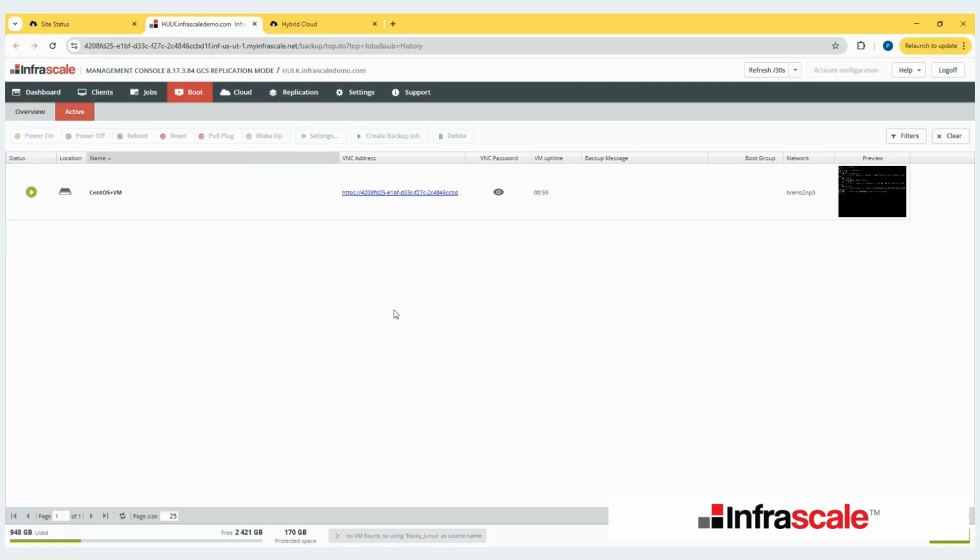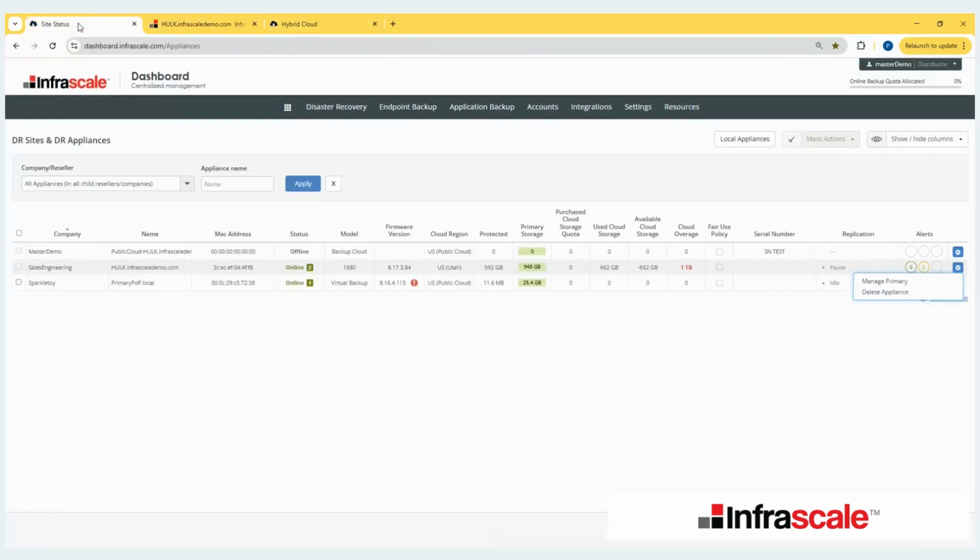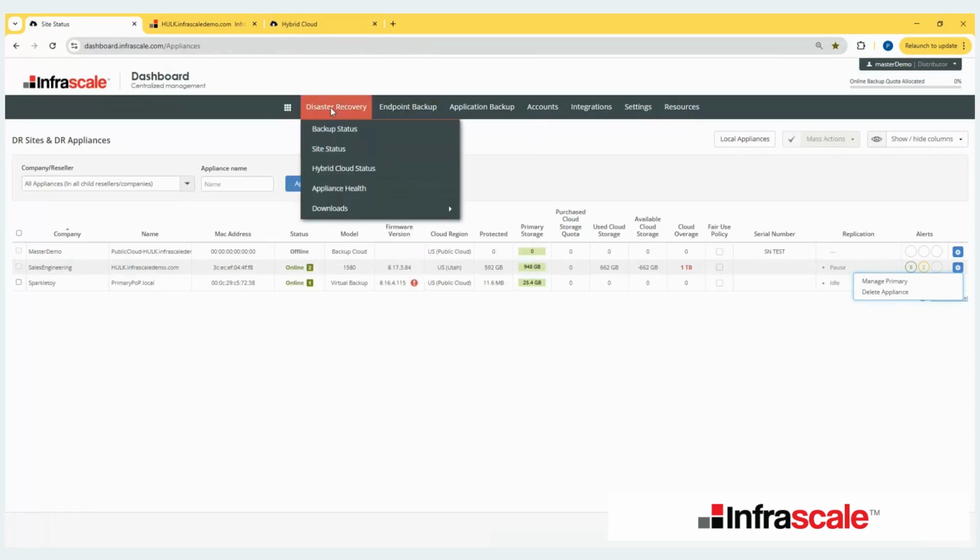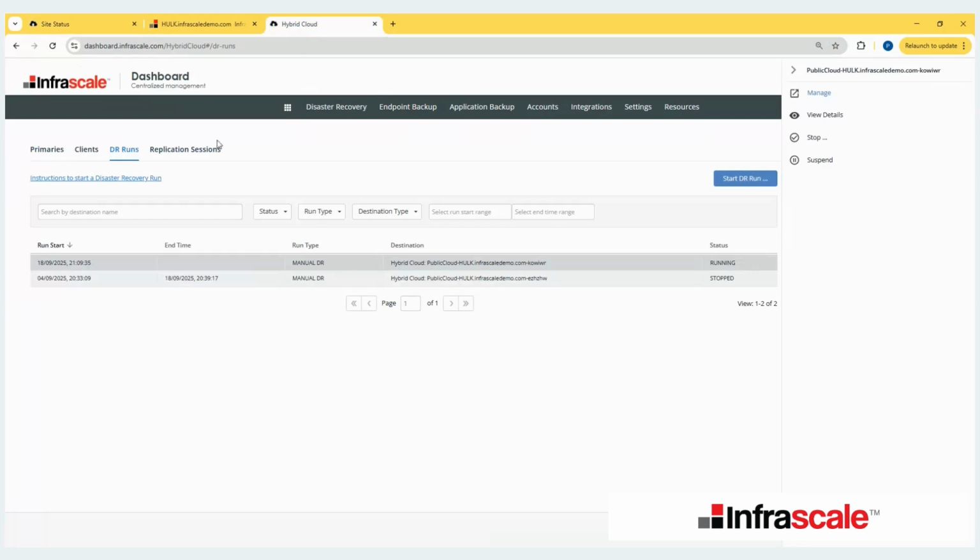Let's say in a scenario where your complete network is down and the appliance is down because of some disaster. So you can immediately fail over the entire resources to the cloud or the secondary DR site, which is deployed for the DR solution. So in the cloud scenario, you will go to the disaster recovery, hybrid cloud status. It will take you to the hybrid cloud menu, and you will have your cloud appliance, which will be turned on, and you can click on manage to access the cloud